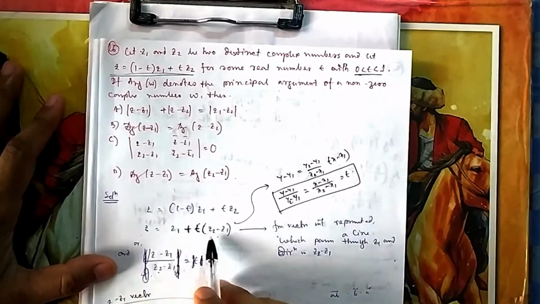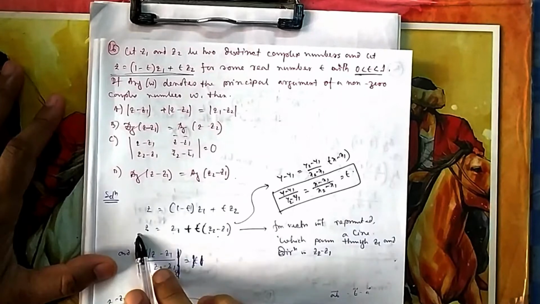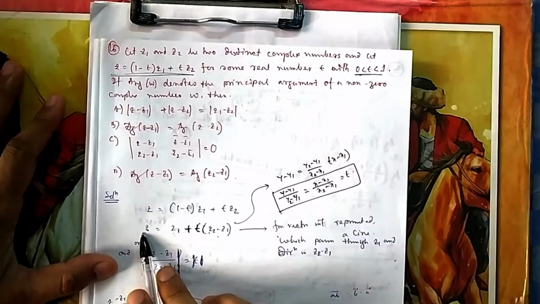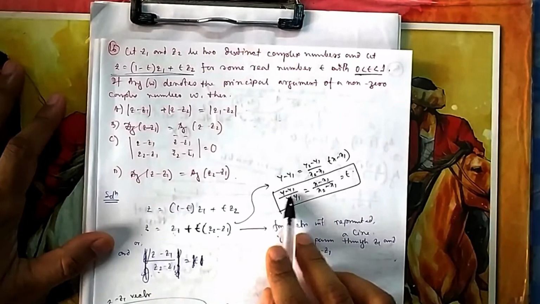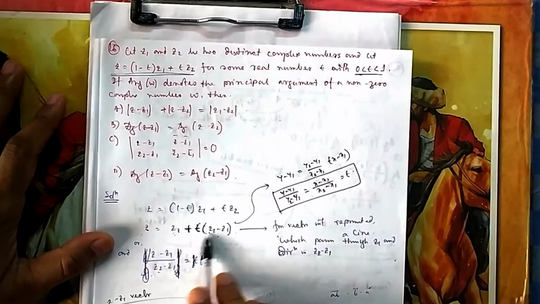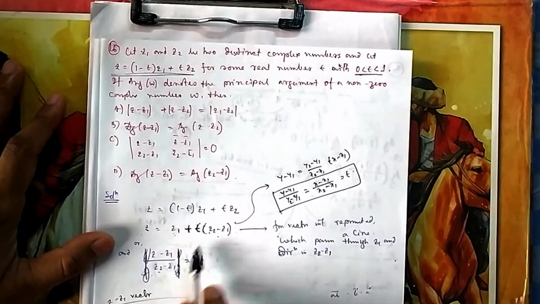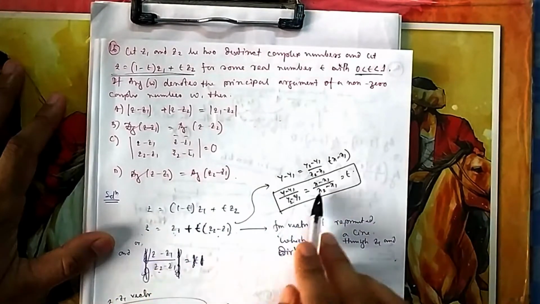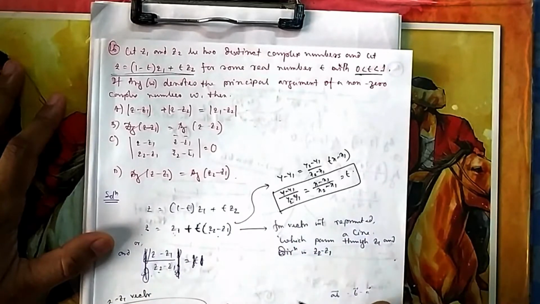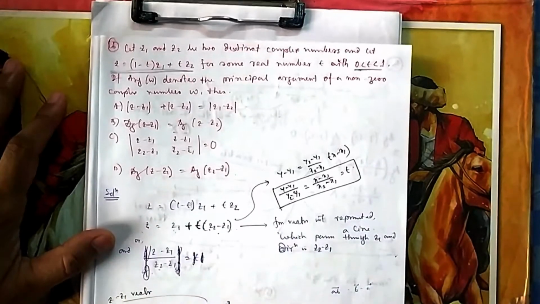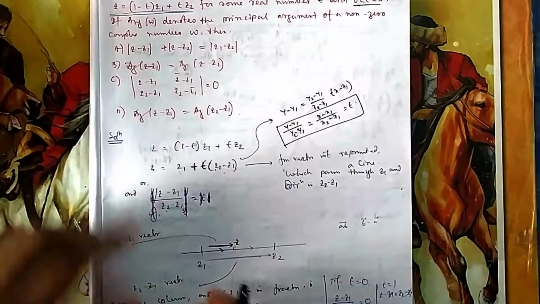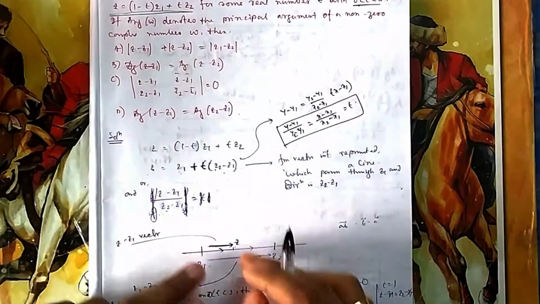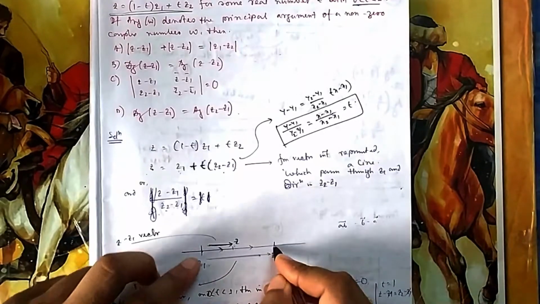If you see z minus z1, if you take the real part, it will be x minus x1, because z is x plus iy. If you take the imaginary part, then y minus y1 by this one. If you divide, then it will be (y minus y1) by (y2 minus y1) is equal to t. So this is equal to t. Again, if you take the real part, (x minus x1) divided by (x2 minus x1) is equal to t. So this is nothing but a straight line. That means it is saying that z1 and z2 represent a straight line, a straight line joining z1 and z2.